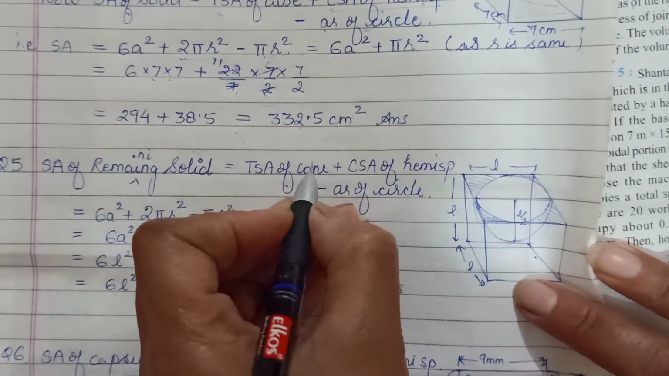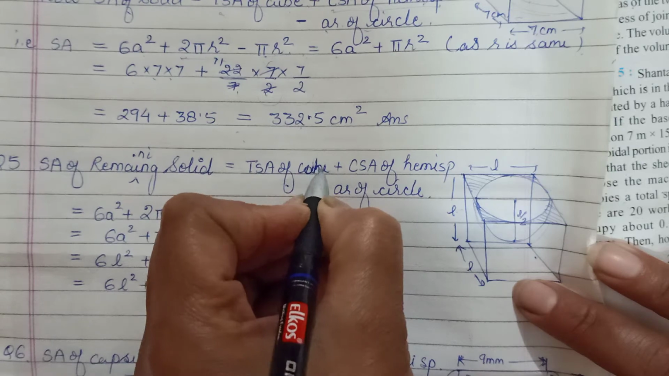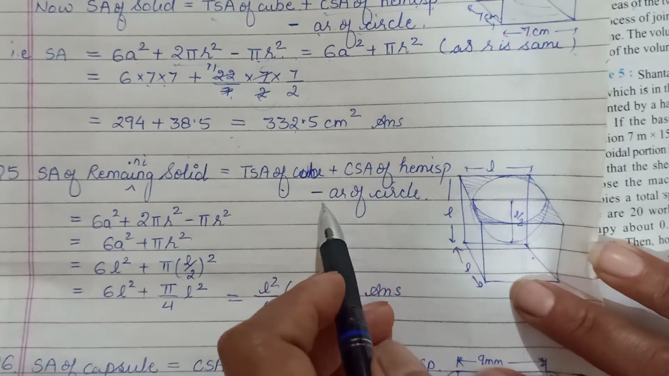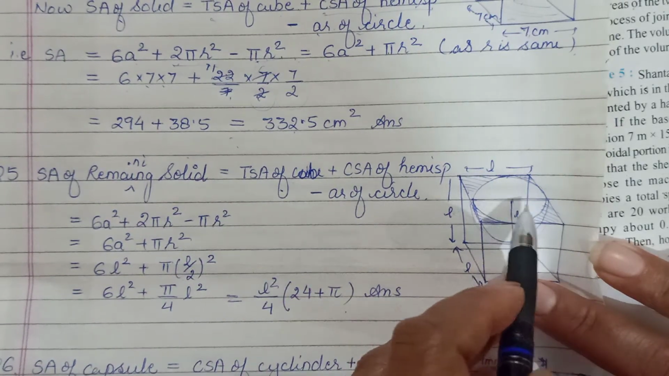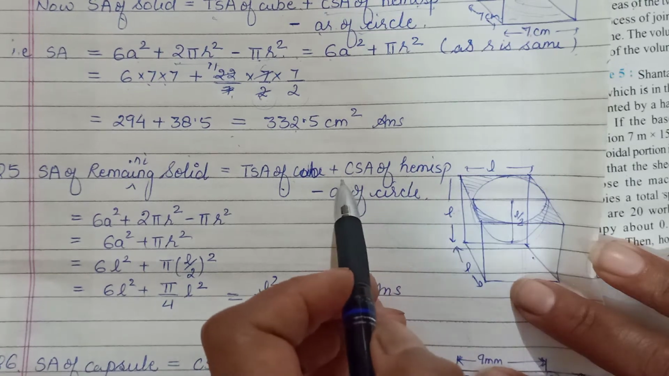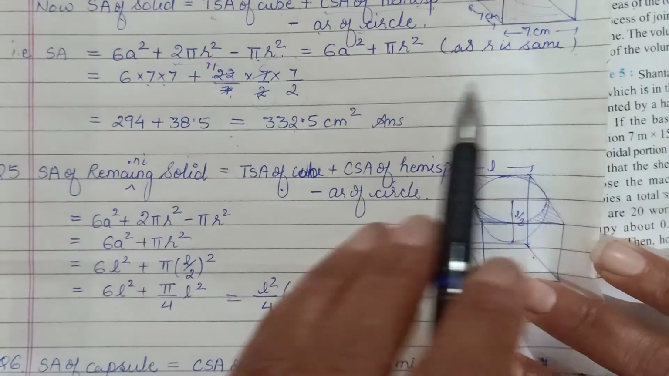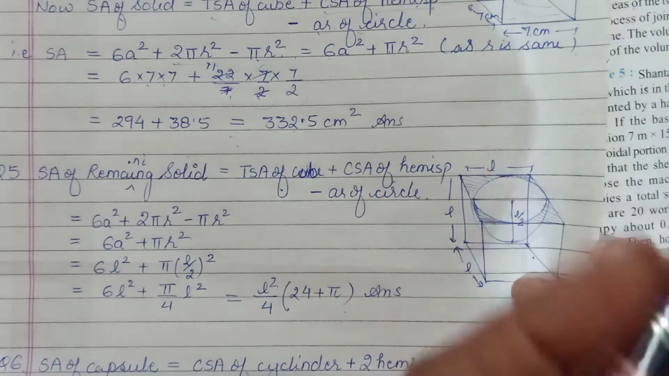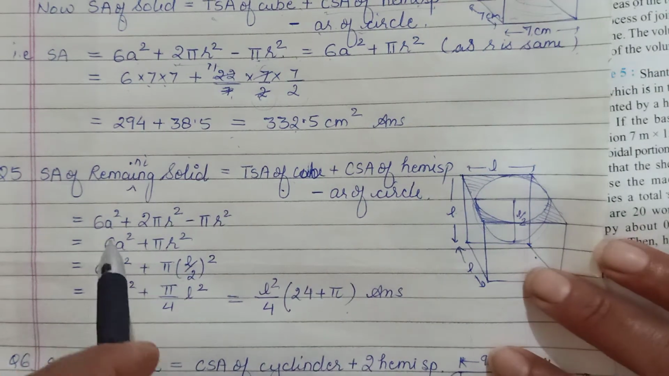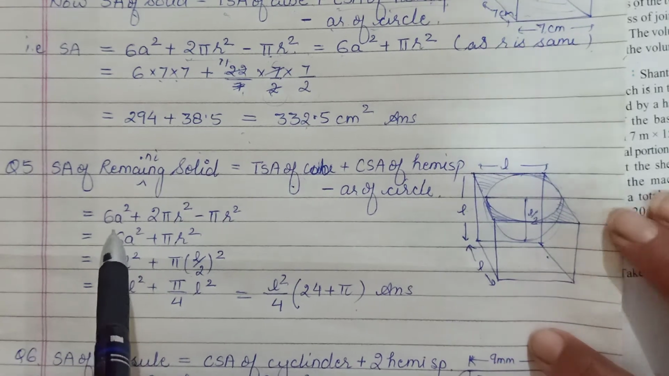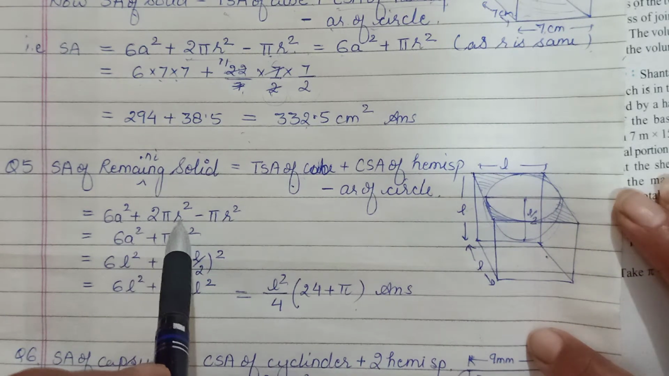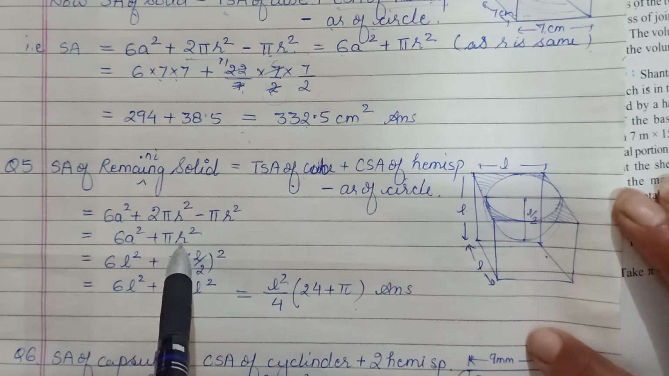I don't know why I have written cone, it is cube. TSA of cube minus area of circle, this portion has been removed, and CSA of the hemisphere, exactly the same. There we saw the hemispherical portion from the top, here you will see it from inside. But calculation wise the formula will come out to be the same. So 6a square plus 2 pi r square minus pi r square, that makes it 6a square plus pi r square,